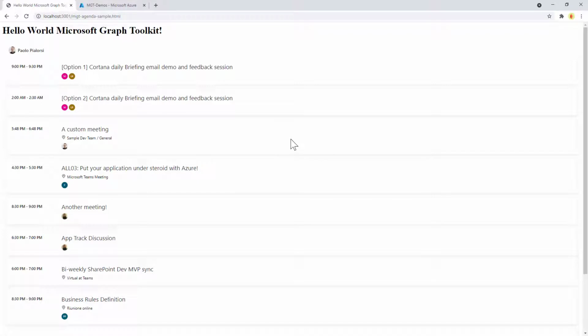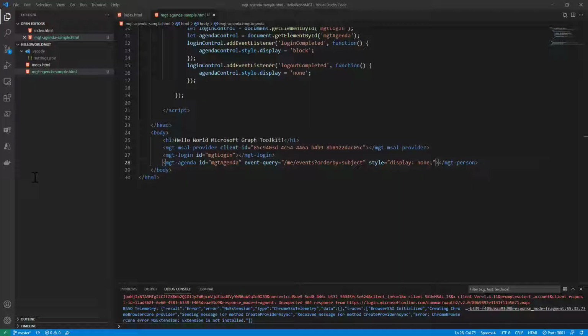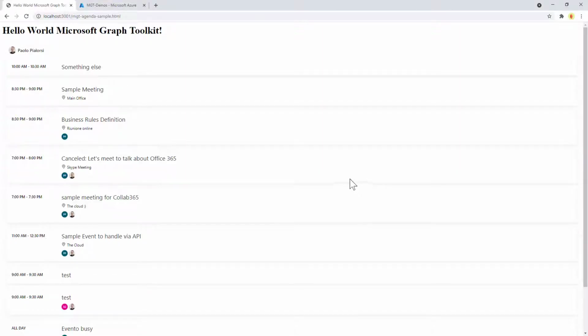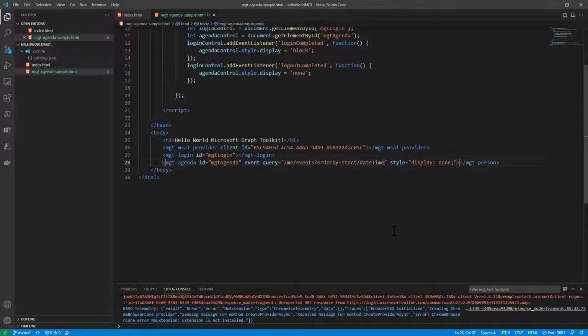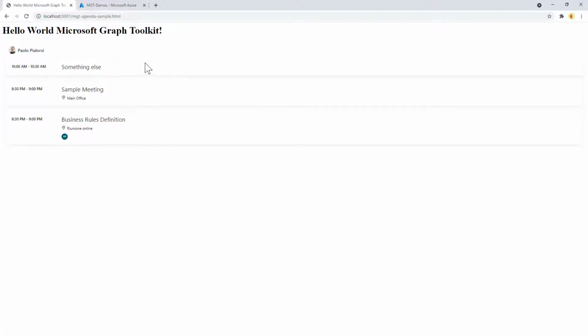And now we have the same list as before, but ordered by subject. Of course, it is a little bit better to order the events, for example, by date. So we can do stuff like that. And again, I can refresh and see the items ordered accordingly to the date and time of the event, and so on and so forth. We can also, for example, specify that we want to see just a maximum number of items. So we can say show max equal 3, and in our UI we will see just the top 3 items